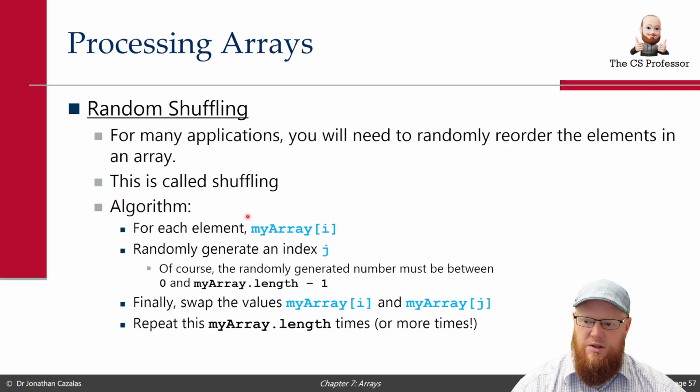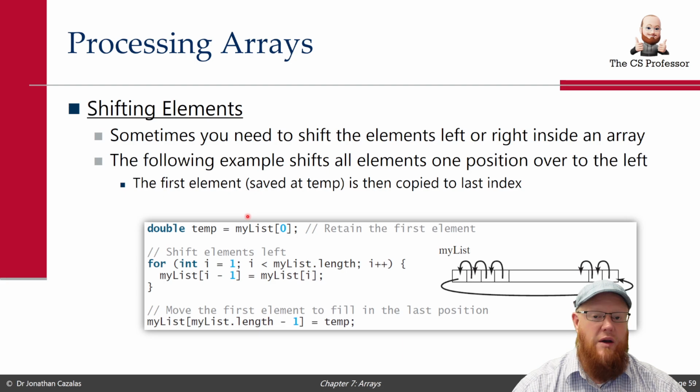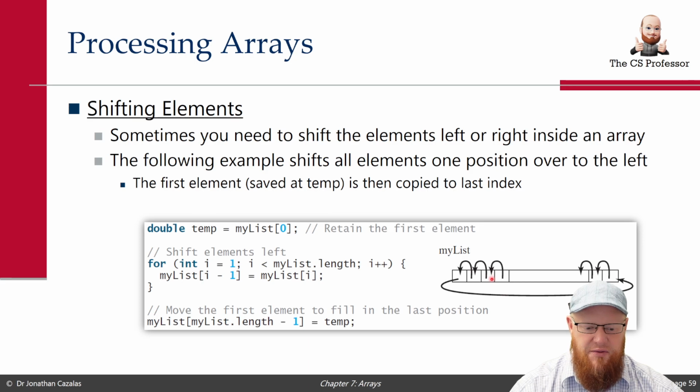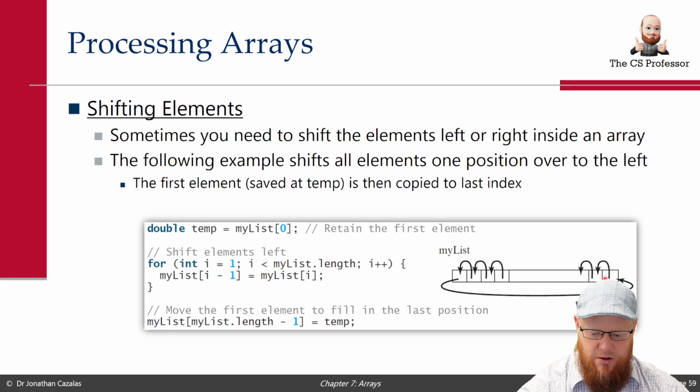Cool. What's next? We have shifting of elements. And this is the last example. Shifting of elements. What if you wanted to take all your elements in the array and you want to shift each one backwards 1 spot? How do we do that? And then we want the element that's at index 0 to come all the way back to the end, right? So let's come over here to our trusty tablet,